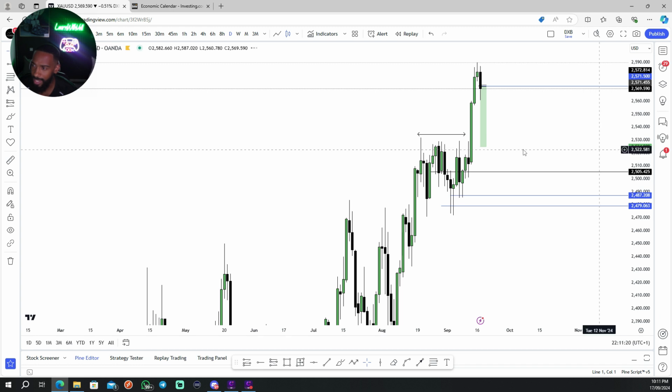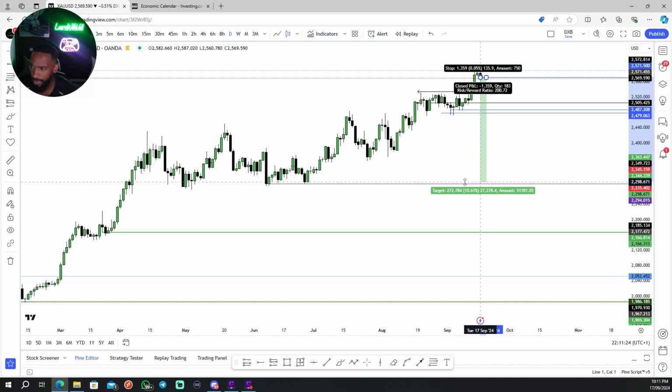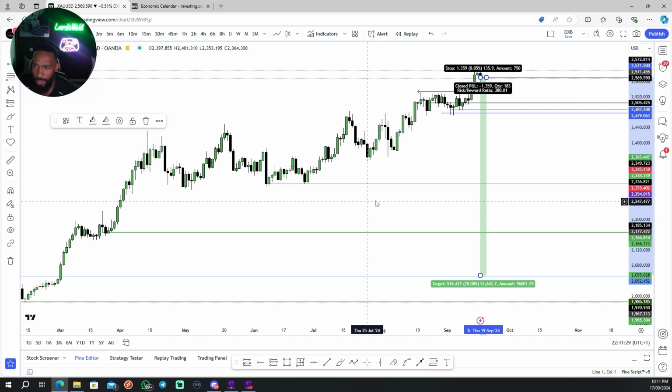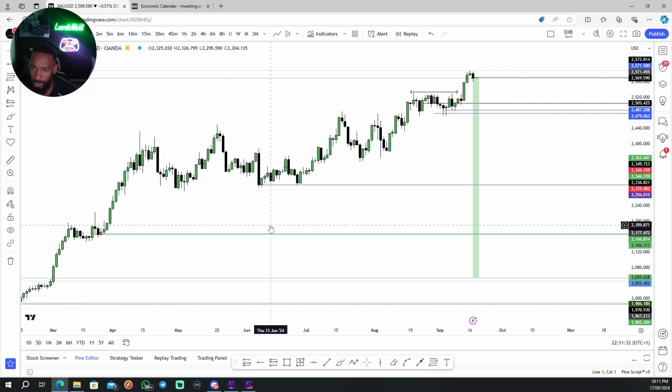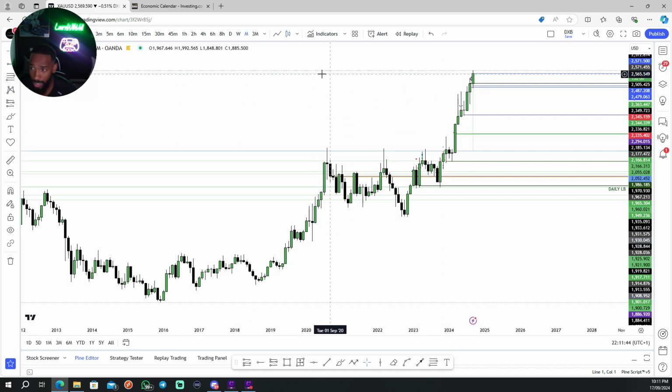If I go onto the daily time frame here, guys, you can see from the daily time frame, if we come down to as low as 2,000, where's 2,000? 2,000 is down here, okay? On a daily time frame, what this would do is clear a lot of the liquidity that we have below in this area and in this area, as well as in these areas here as well. On a weekly time frame, we can just see a bullish schematic, and on a monthly, it's even more bullish. But what we can't ignore is the fact that we have a significant level of structure around the $2,000 handle, as well as a lot of imbalance, as well as a candle that we could play off of as well.